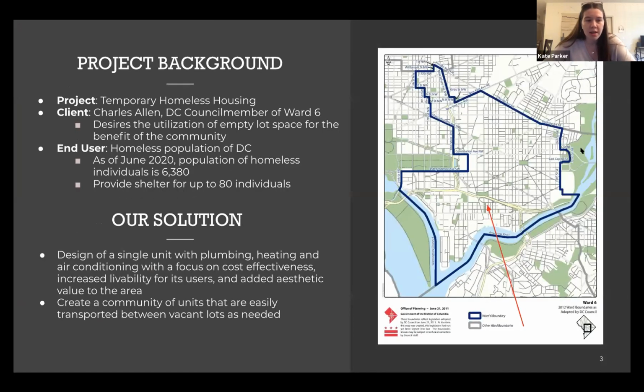Our project is the design of temporary homeless housing for the city of DC. There are many empty lot spaces throughout the city that are sitting unused between their purchase and development. So the end goal of our project was the utilization of this empty lot space for the benefit of the community. Our goal was to create a general or modular design that could be reused and implemented for multiple lots